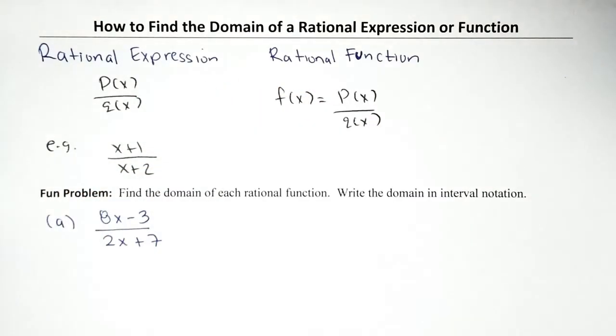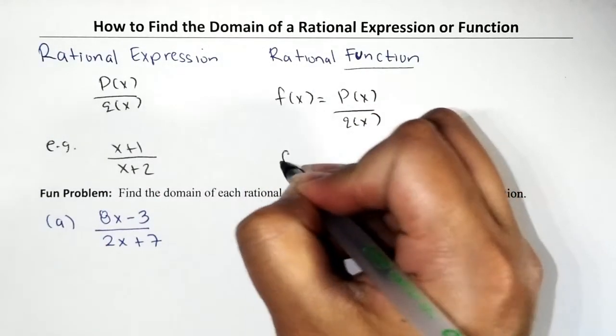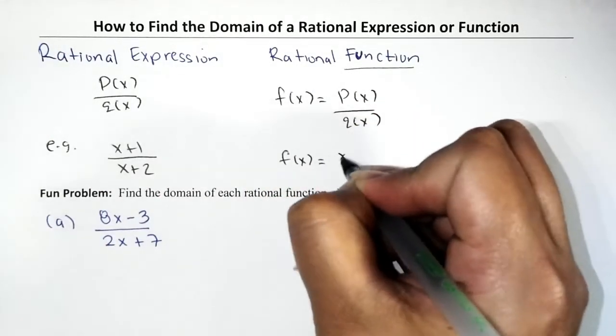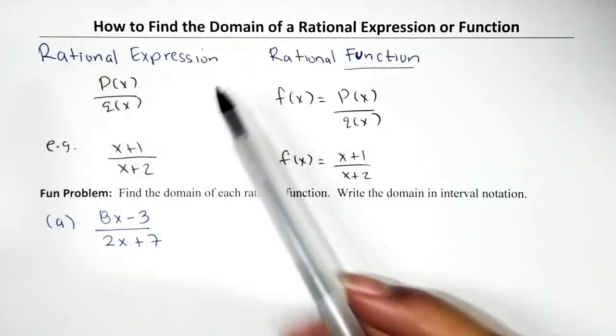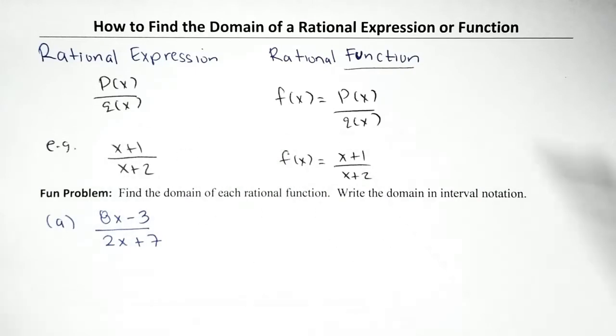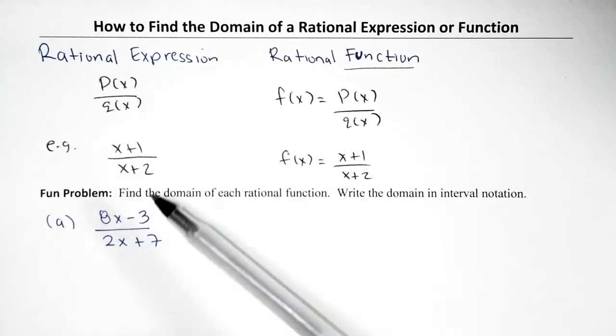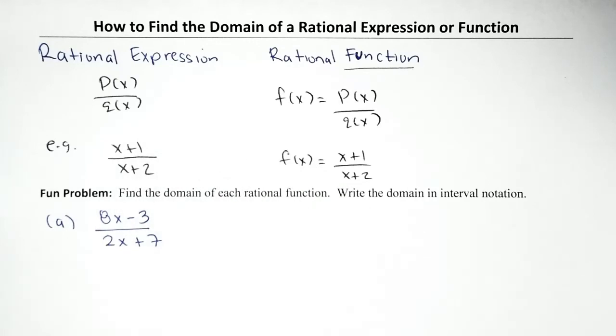What is a rational function? It's a function. And what's so special about that function? Well, you guessed it, it's a quotient of two polynomials. So in English, a rational expression is like a fraction. Cool. But a formal definition is a quotient of two polynomials. Today we are going to focus on what the title suggests, how to find the domain of a